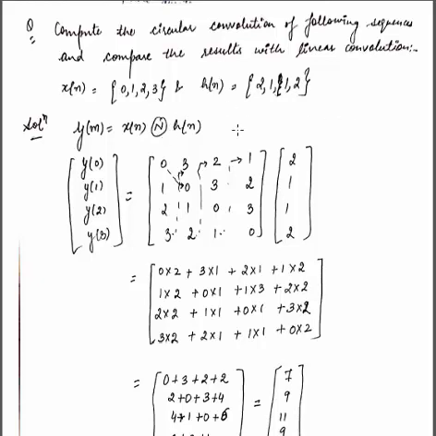So we perform the matrix method here to obtain the circular convolution, or to obtain the output y of m. For circular convolution, the length of both sequences must be the same. Here x of n has 4 samples and h of n also contains 4 samples. So by matrix method, write down the output y of n in matrix form. Capital N is 4, which means 4-point DFT. So 0 to 3: y of 0, y of 1, y of 2, y of 3.